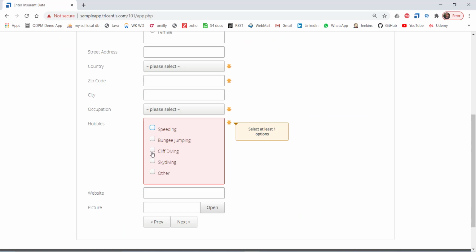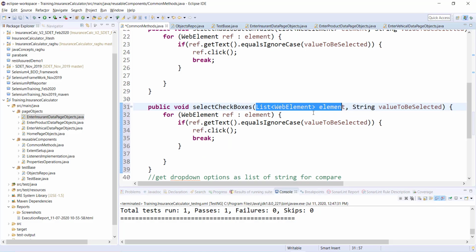Okay, so the first thing should be the list of web element. Yes, definitely, because they are multiple, that should be the list of web element which I'm going to pass. And the second thing, here it is not going to be a single value. It is always going to be more than one value. So how can we get more than one string value? I have two options. I can either get them in the form of an array, or it could be in a list. So for now, let me try putting it into the list. I will get the value in the format of list, list of type string.